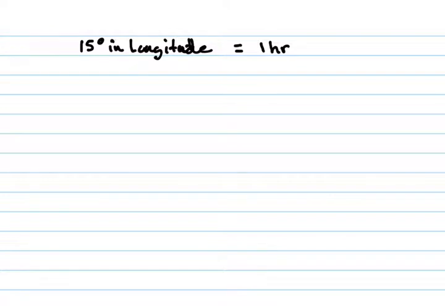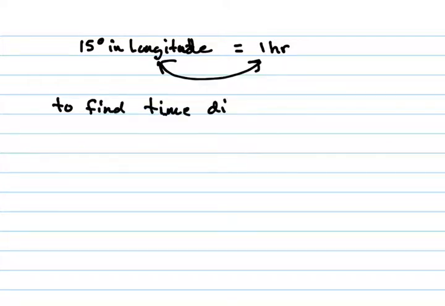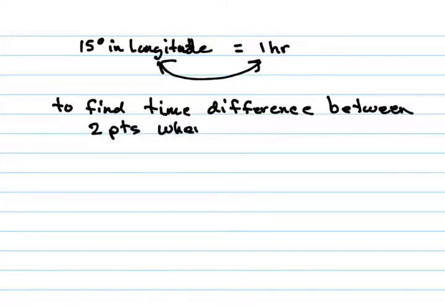Which means that we can use this information to find time at a certain point of longitude. We're going to look at some examples of these as well. Also remember that if it's true one way, then it's true the other way. Okay? So to find time difference between 2 points where longitude is known,